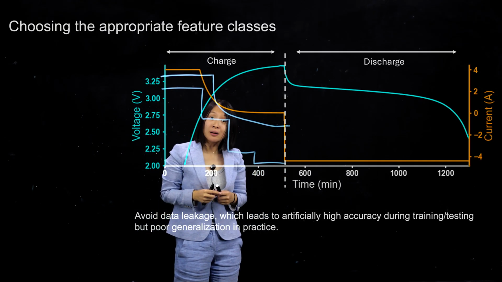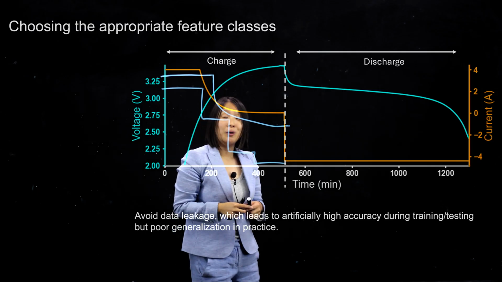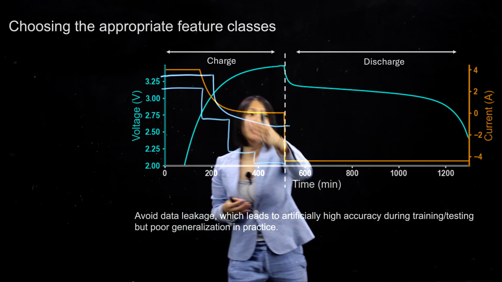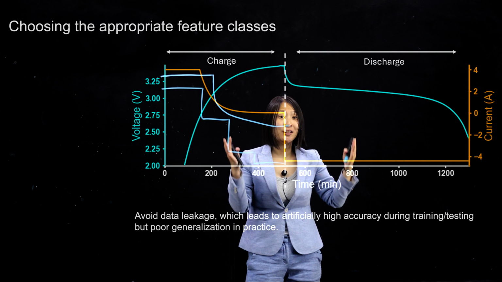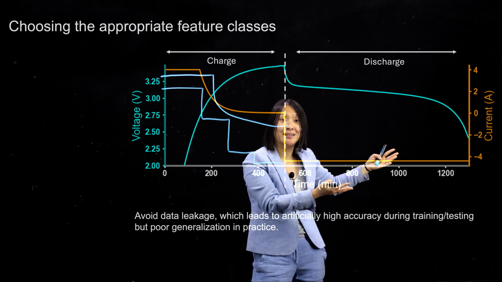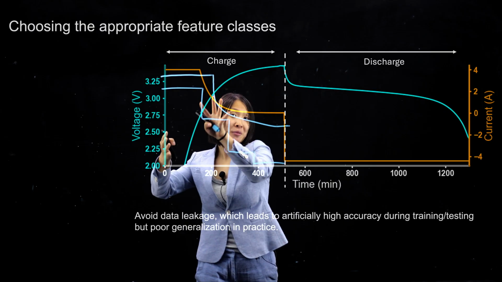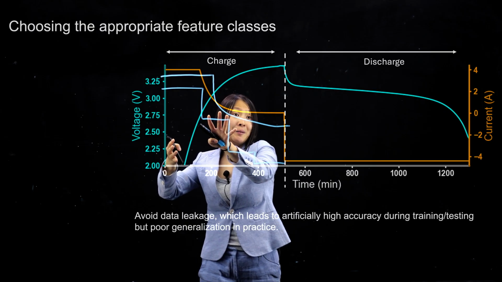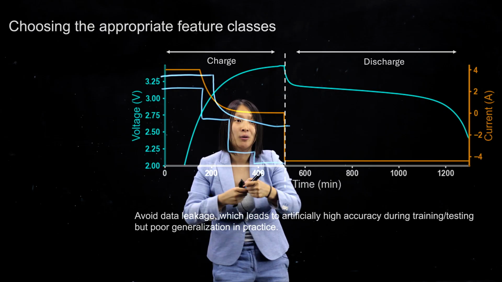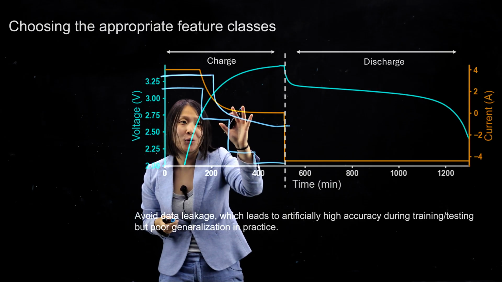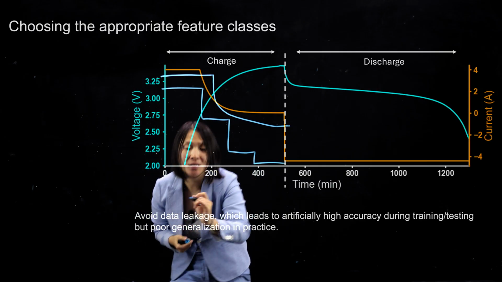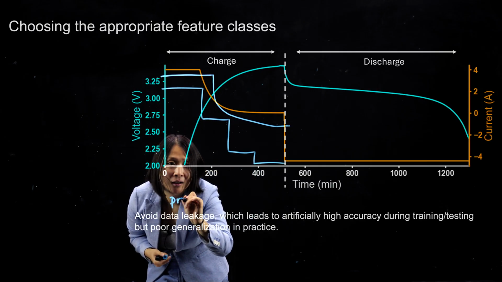So if our goal is to predict how different protocols lead to different battery states of health, then we can certainly take the features from the charging part of the tests. In a way, we are having our models learn the importance of the protocol